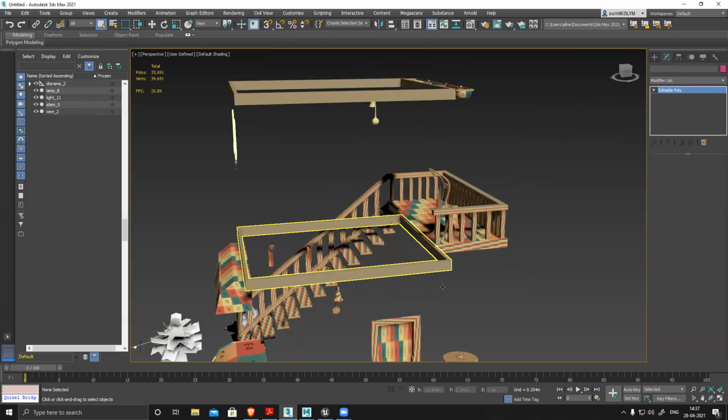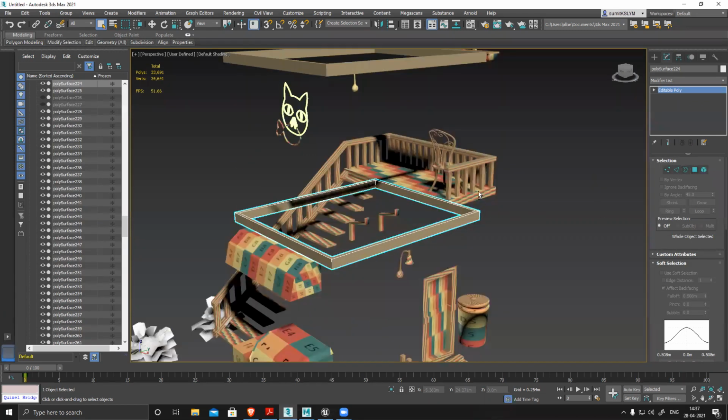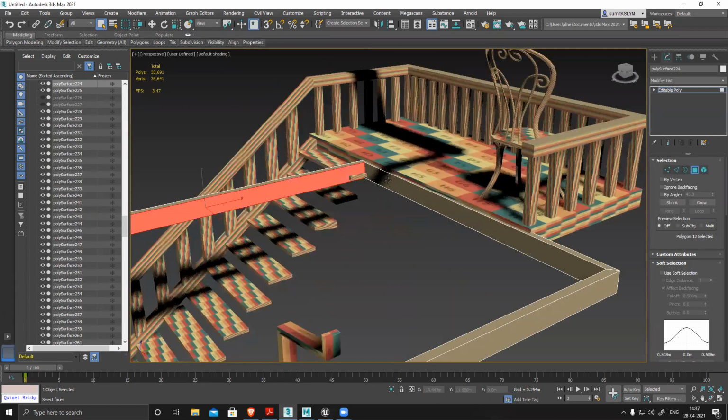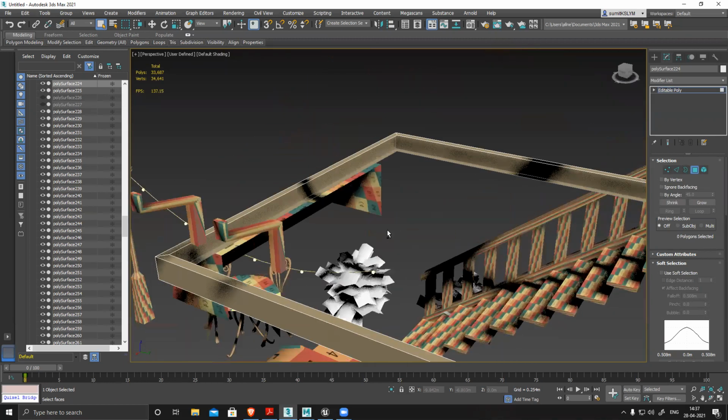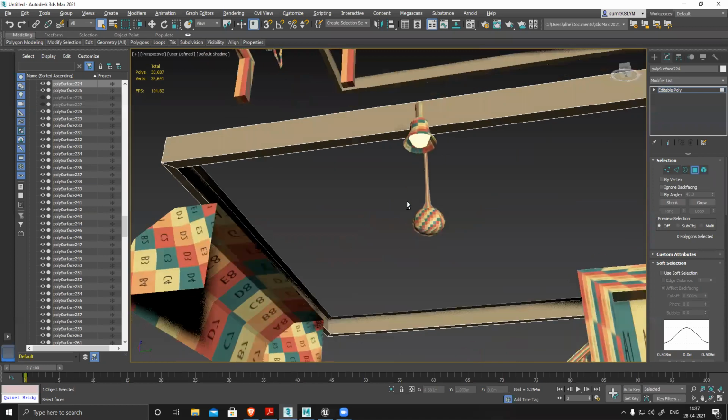Height selection. This is again a box, and this inside part is not visible, so delete it. I have only this thickness.